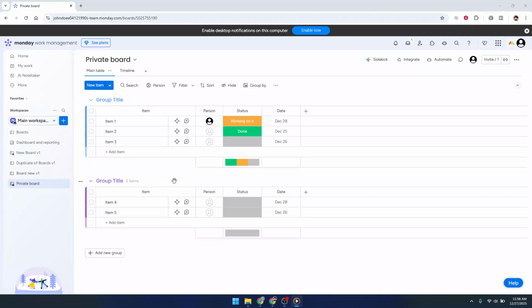In today's video, I'm going to teach you how to duplicate a board in Monday.com. Duplicating a board is really useful when you already have a layout or workflow that works well and you want to reuse it without rebuilding everything from scratch. Maybe you've set up a great project template, a content calendar, or a task tracker. Instead of recreating all the columns, groups, and automations, you can simply copy the board and be ready to go